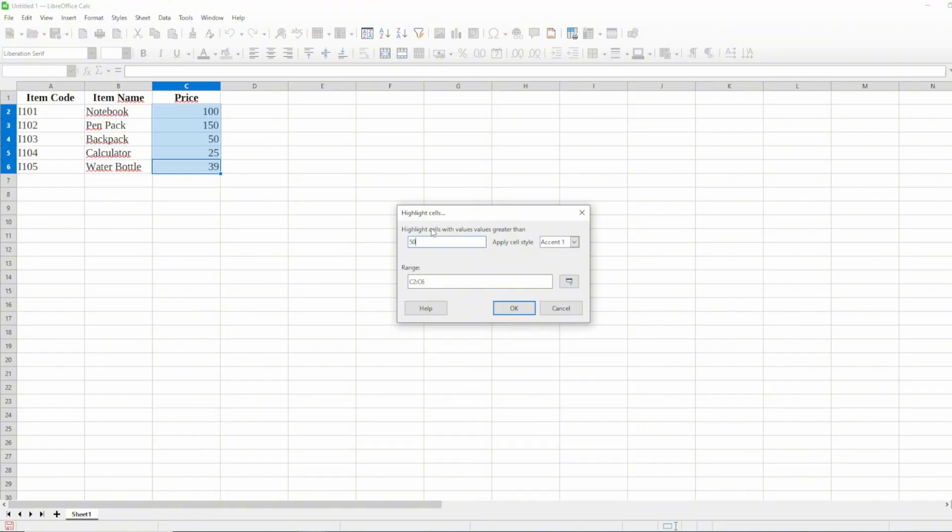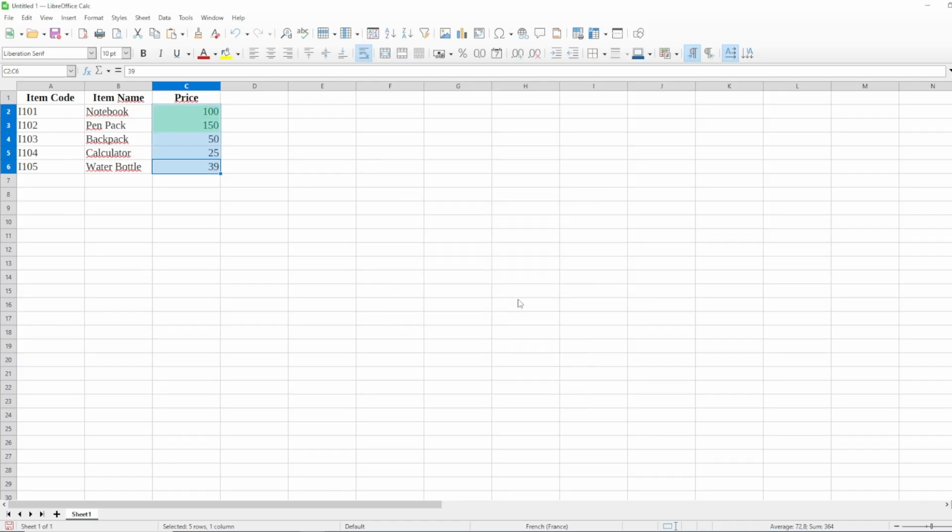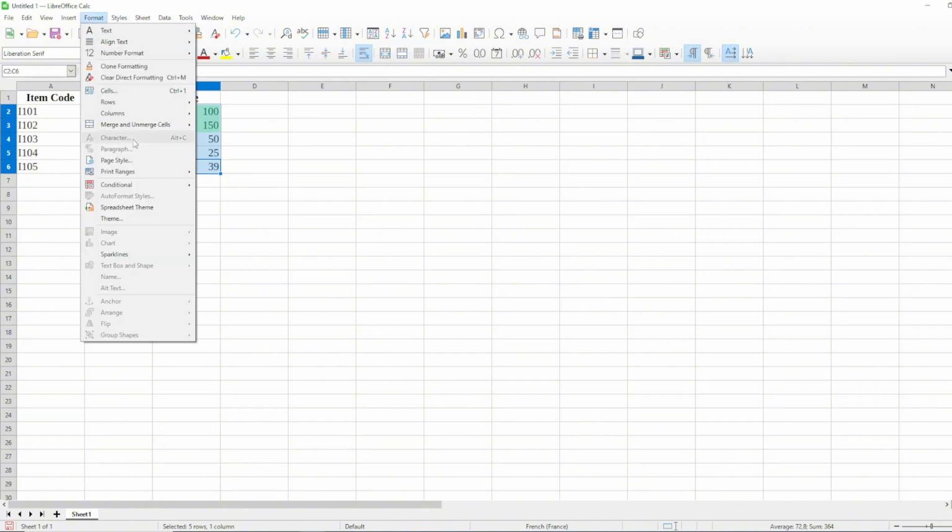Under Apply Cell Style, choose a style from the drop-down, for example, Good, which highlights cells in green. Click OK. To add a second rule, select your range again, go to Format, Conditional, Condition, and set your next